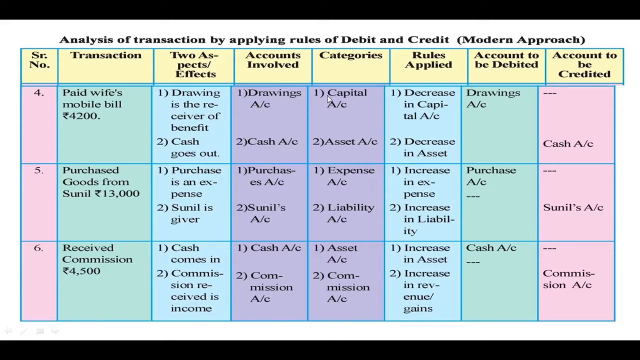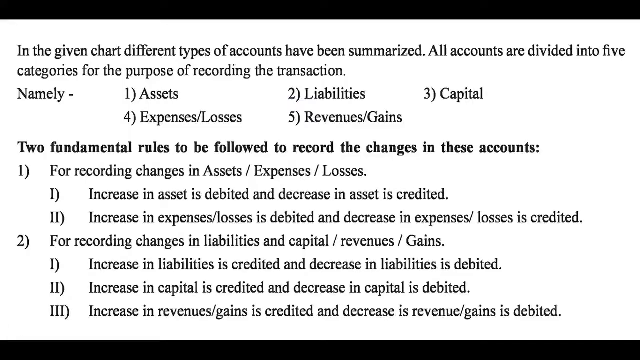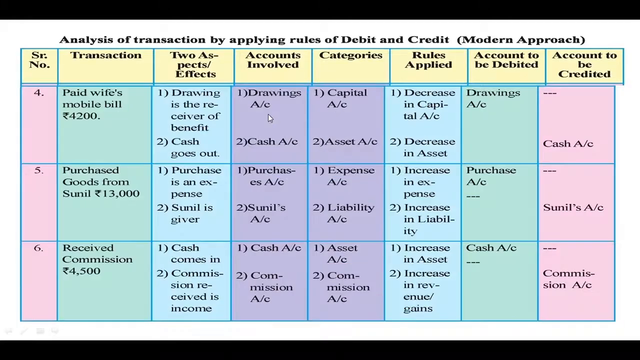Now as per the rule, if the capital decreases, we have to debit that account. You can go through the rules again here. See, second rule, decrease in capital is debited. Now drawings comes under the capital account, so decrease in capital is debited, so that is why we have to debit drawings account. Now when wife's mobile bill is paid, the second account which is involved is cash account, and